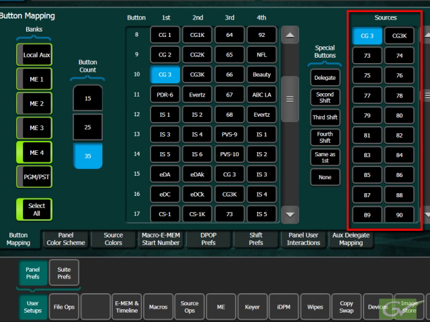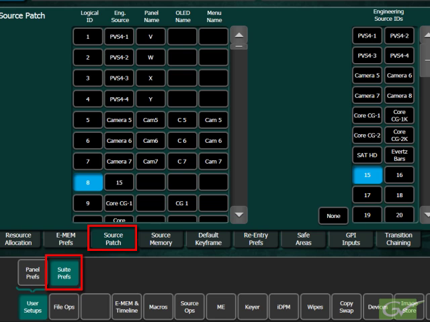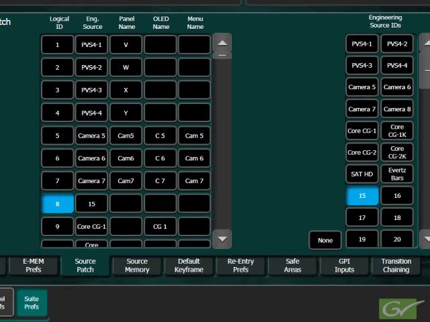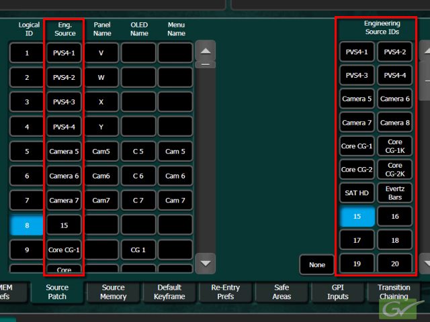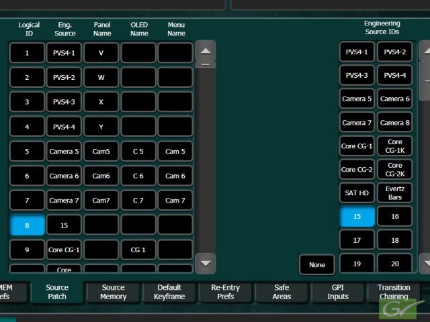The names that appear in the list of sources are typically the engineering names. However, these can be overridden by using the Source Patch menu located under the Suite Prefs submenu. Source Patch provides two features for the operator. First, the ability to change the engineering names to a shorter name for display in the different locations, and second, the ability to patch a different engineering source into a logical ID so that a different source can be used